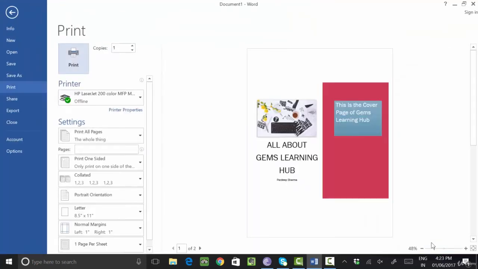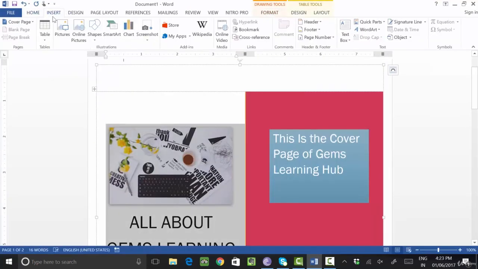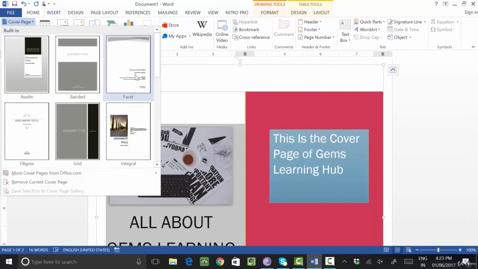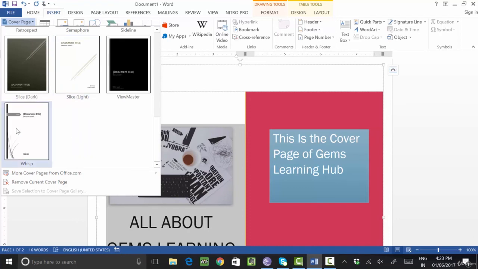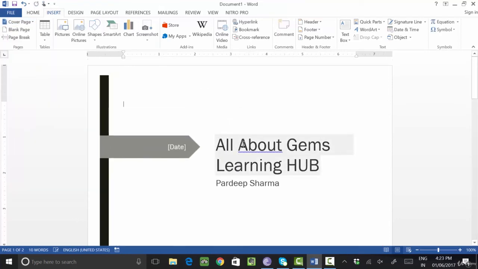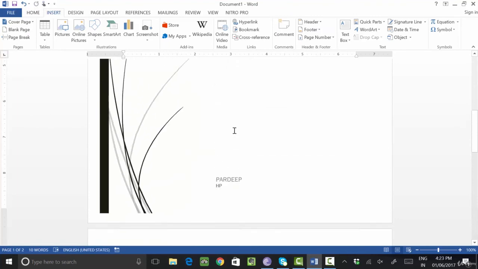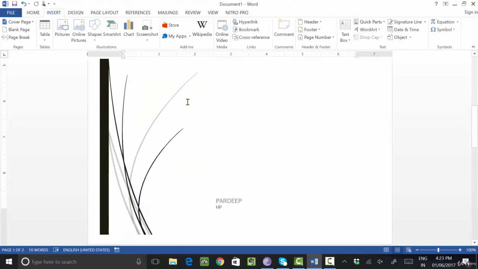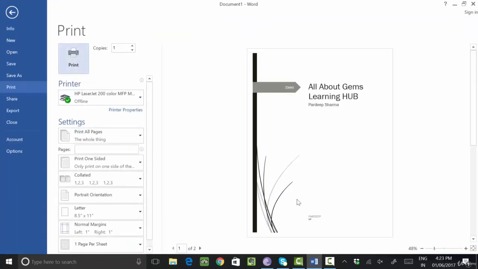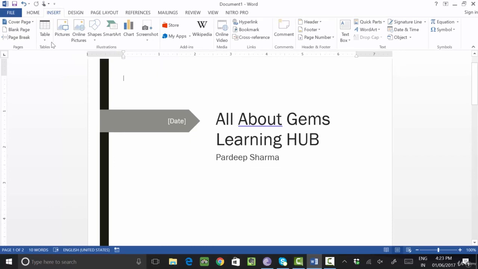If you see the preview, this is the front page which is ready for designing purposes. So this is called a cover page in MS Word. In this way you can select any kind of format, and any kind of document for designing the front page of your document. If I take this one, I can make the necessary changes here, so my format will be changed and my cover page will be ready. So this is a cover page. You see the preview, the cover page is displayed to you.